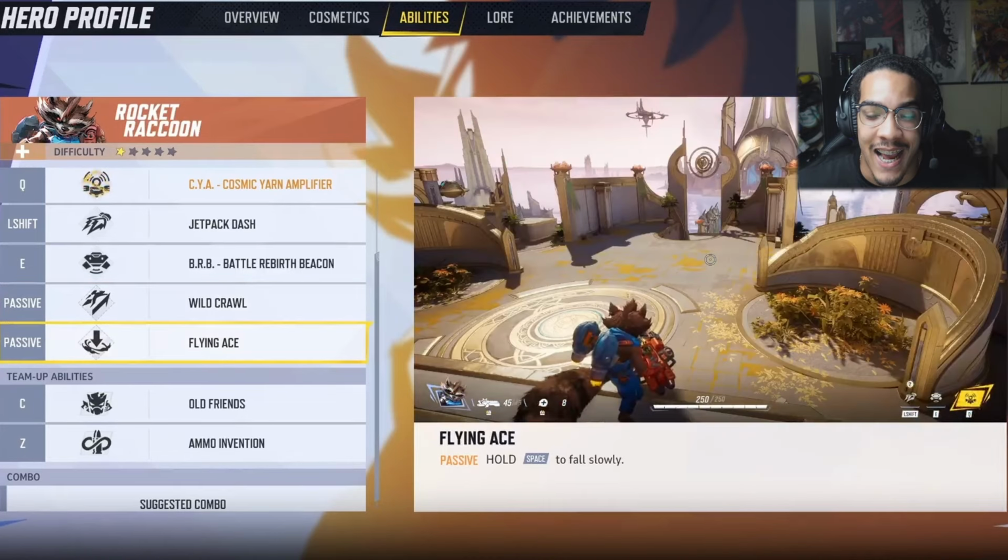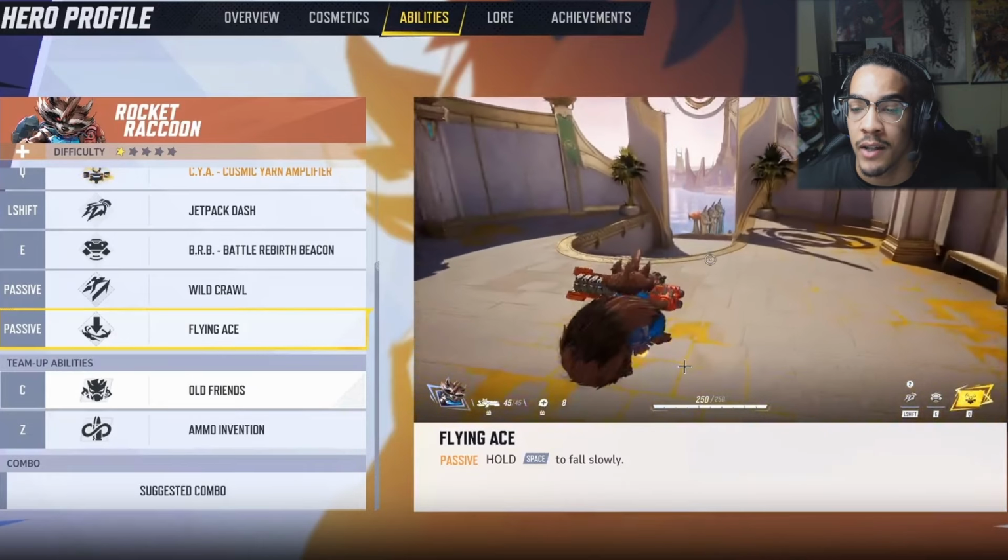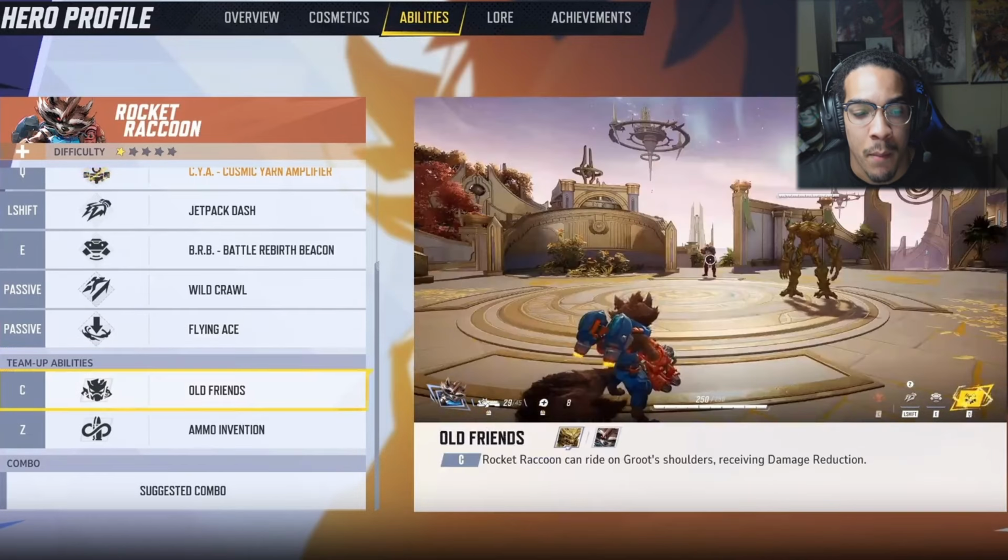And we have the Flying Ace. Hold space to fall slowly. And by doing so, you can just hover in the air and shoot people at the same time. Next up, we have his team-up abilities. He has 2. First, we have the C1. Rocket Raccoon can ride on Groot's shoulder,